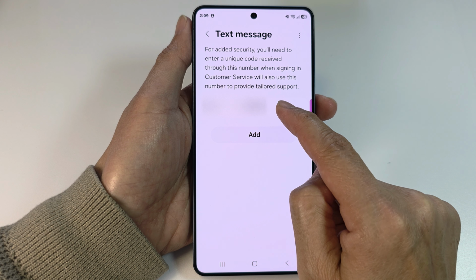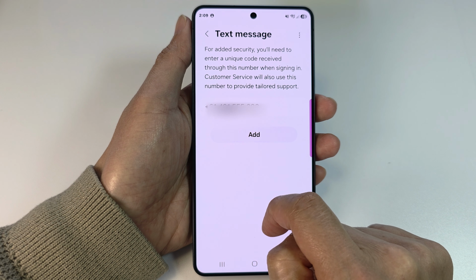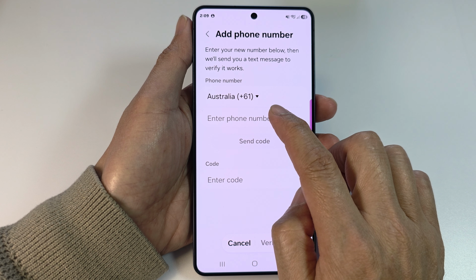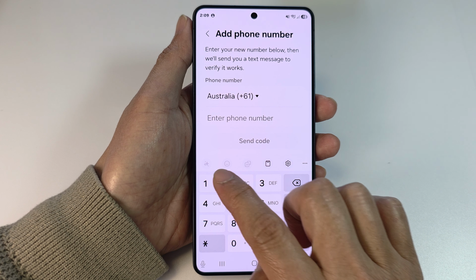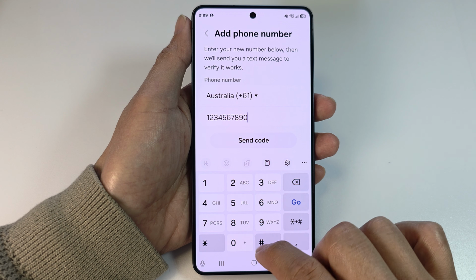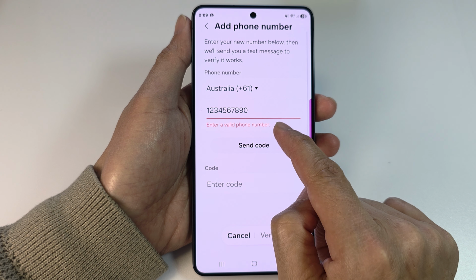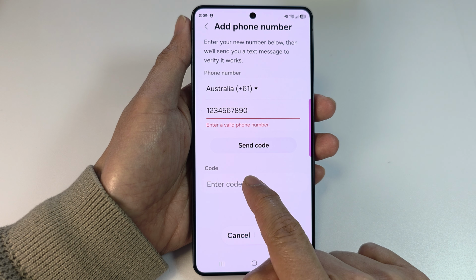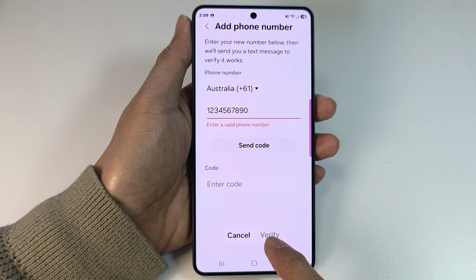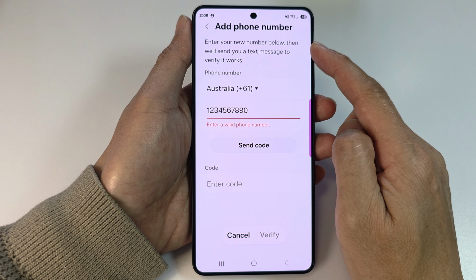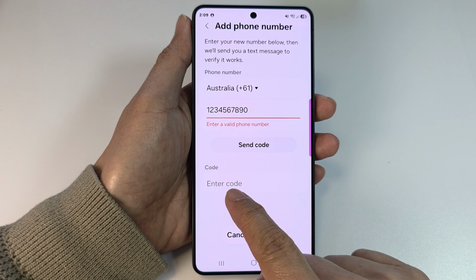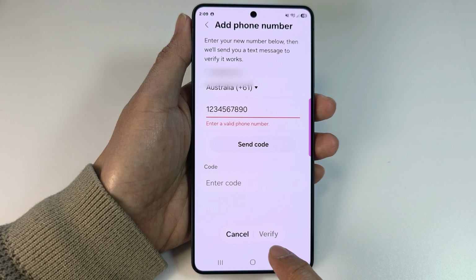So the first thing that you need to do is tap on add and then enter in a new phone number. So for example, put in a new phone number and then tap on send code. After you receive a code, enter in the code here and then tap on verify. If you put in your correct phone number and the correct verification code, you'll be able to add in a